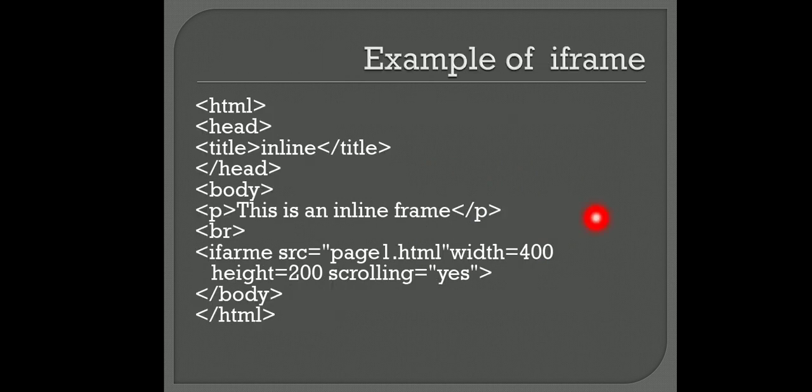Next, the example here I am giving you. See the simple example I have taken up. Here you go with the main coding. Iframe source: I have given page 1, means I am calling a certain page. I have created one page, I am calling that page. I have given the width equal to 400, height also, and scrolling also. Now this frame will show you the exact page, considered in the form of this display box. Understand?